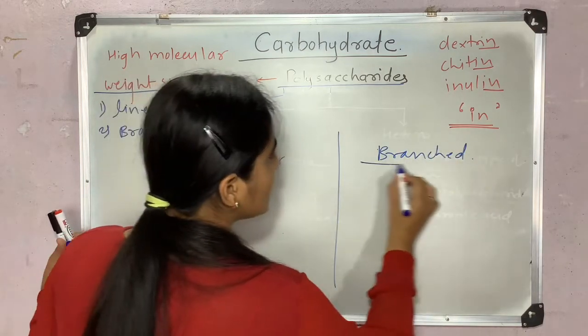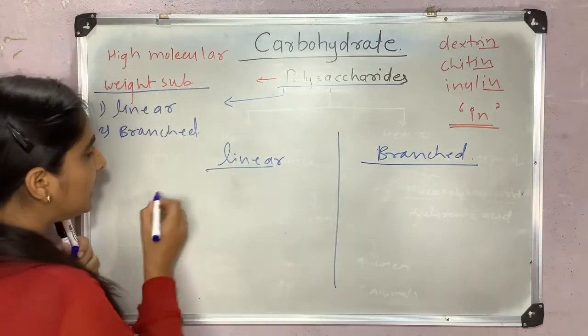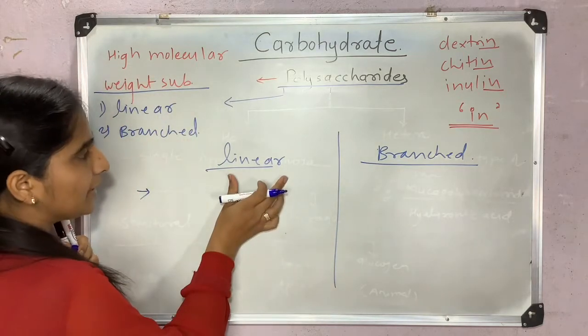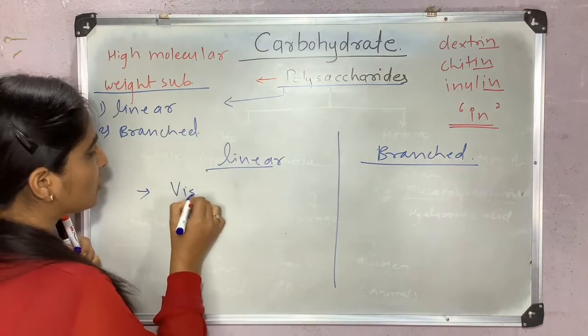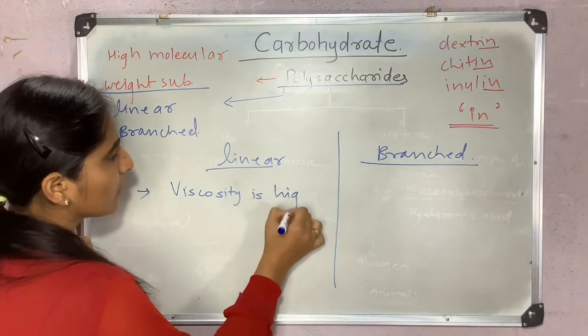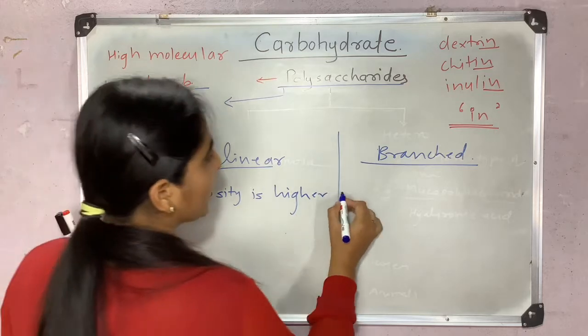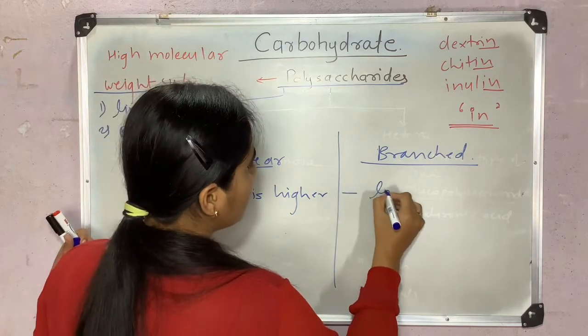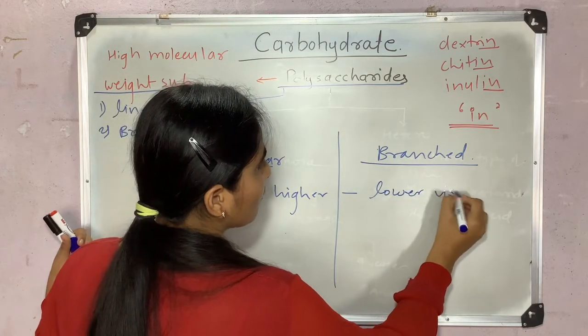With the same molecular weight, linear polysaccharides have greater viscosity, and branched polysaccharides have lower viscosity,